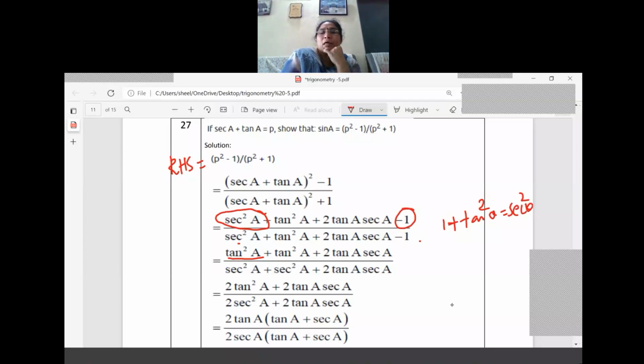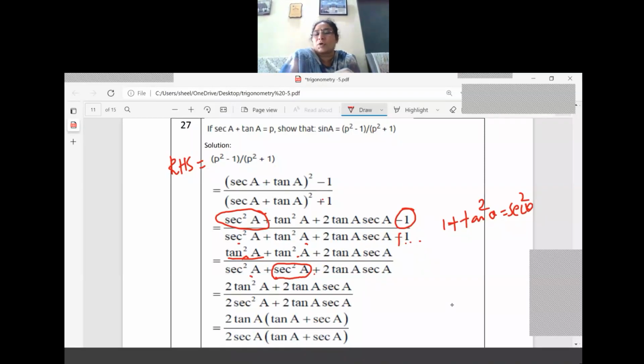But in the denominator, what happened here? We want everything in sec only. So 1 plus tan square should come there. So plus 1 is there. So 1 plus tan square A is changed to sec square A. So the two identities we have used in different ways. In the numerator we have used sec square A minus 1, and all the terms we have made tan. Here also tan square A. But in the denominator, what happened? We have changed 1 plus tan square to sec square A, and sec square A only.